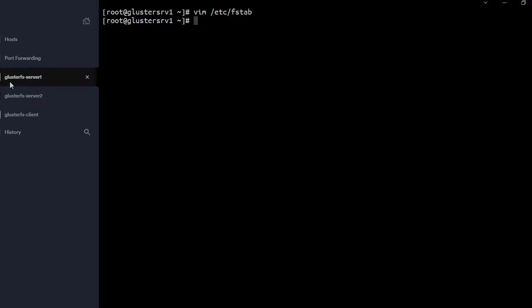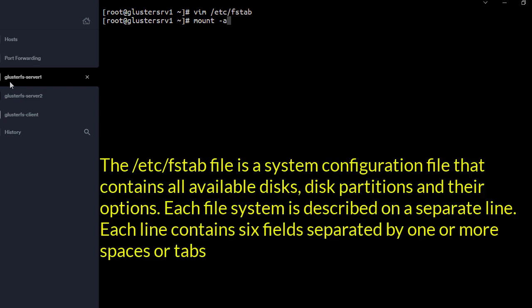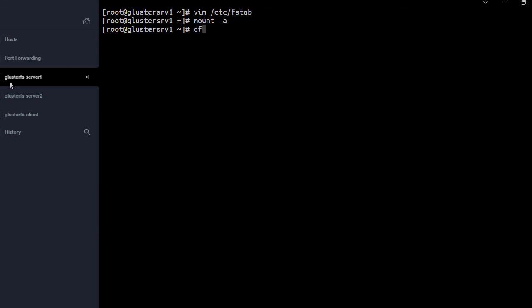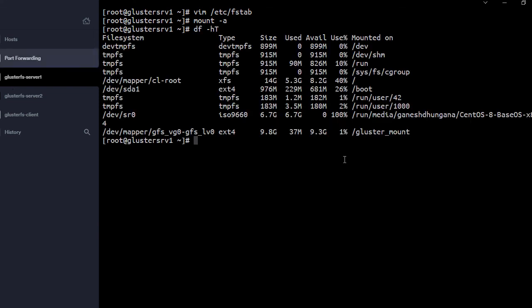And if we hit mount -a, this would reload the fstab file. It did not throw any error, so I am assuming that everything has worked successfully. And if I do df -hT, then I can see the logical volume mounted into this folder.